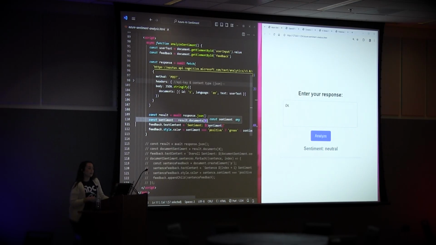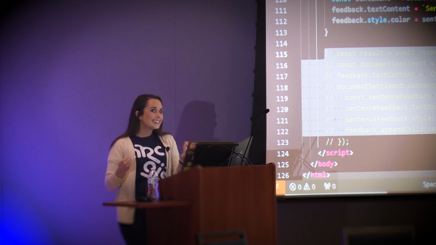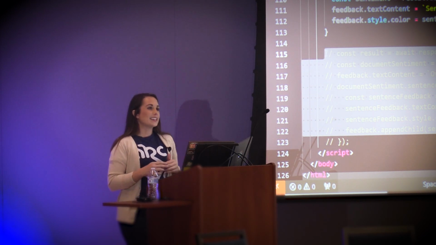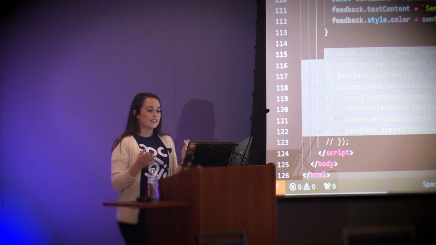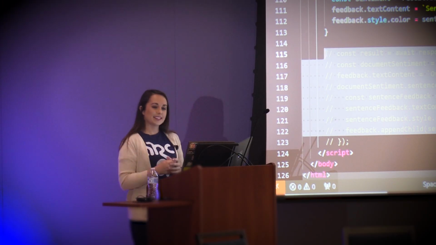One other cool thing about this analytics API is you're able to detect more than just a simple sentence. I'm not going to do it right now, but if you want to play around with the code yourself, you can analyze a full paragraph, and it can go sentence by sentence and tell you the sentiment of each sentence, instead of the user having to do it one at a time. It's kind of cool.